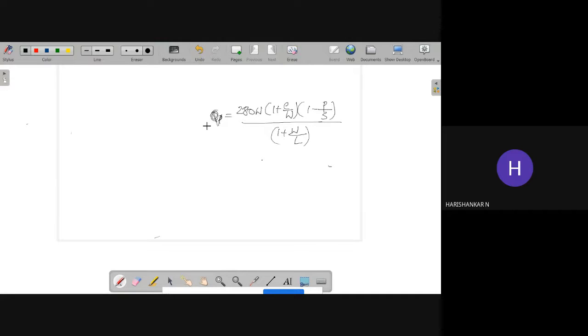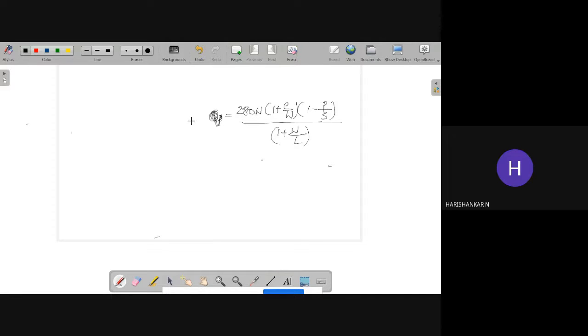We have studied that Q stands for capacity. The traffic capacity we have already studied. It is the ability of a road to accommodate a maximum volume of vehicles. Volume and capacity have the same definition. But traffic volume is the ability of a traffic, whereas traffic capacity is the ability of a highway. That is the only difference. So the highway has an ability to accommodate a maximum volume of vehicles, and that is known as the maximum capacity.